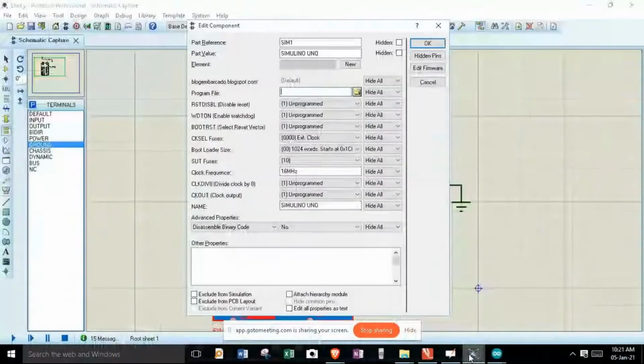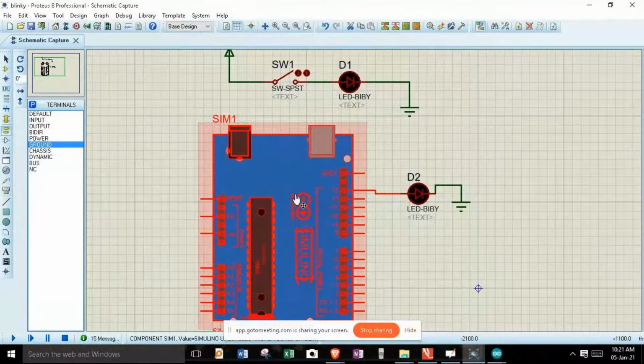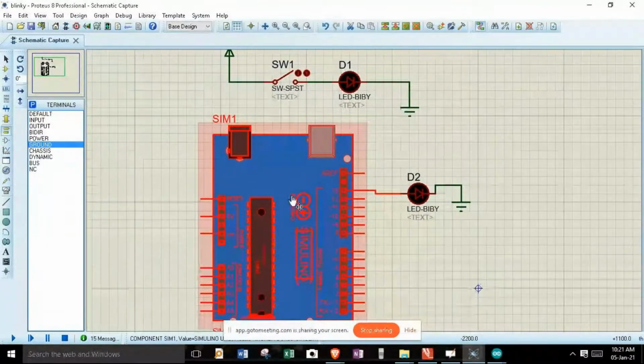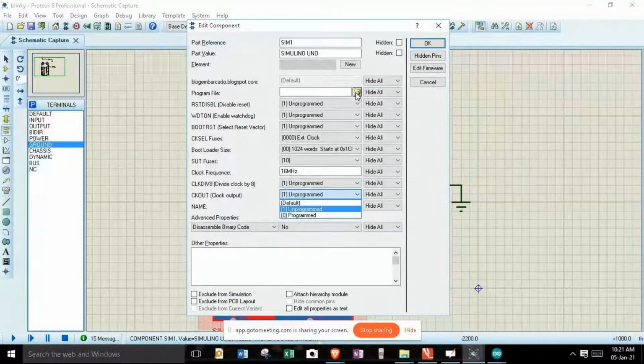So all I've got to do is get back to my Proteus EDA, because I've got to load that hex file onto this Arduino Uno. All I've got to do is double tap on this, and under the Program File field we have a browse button.